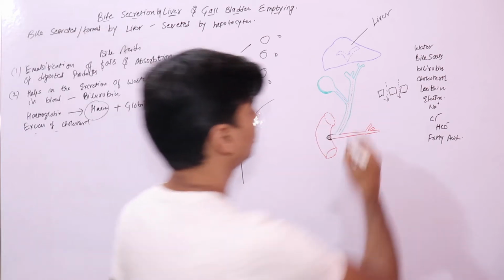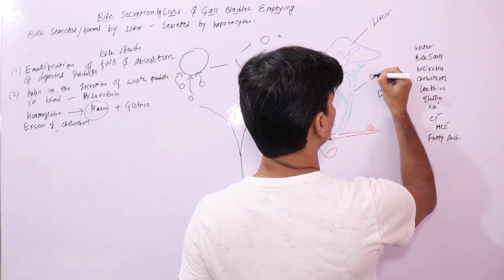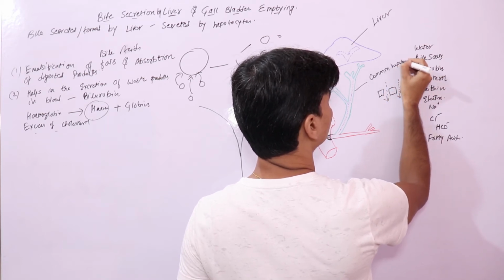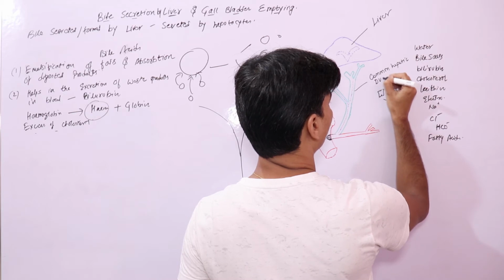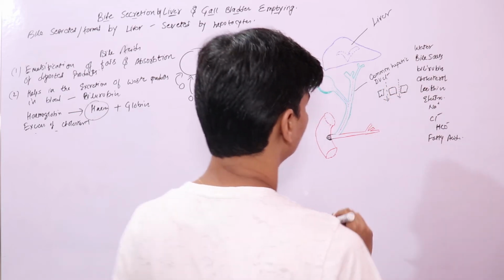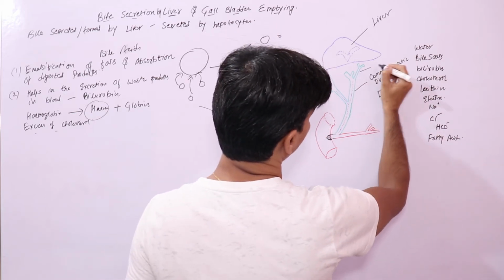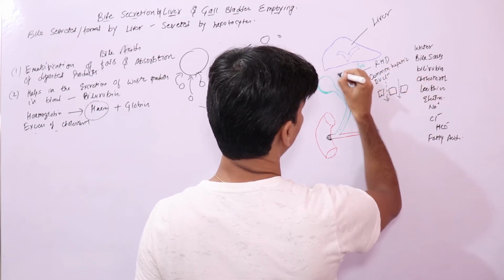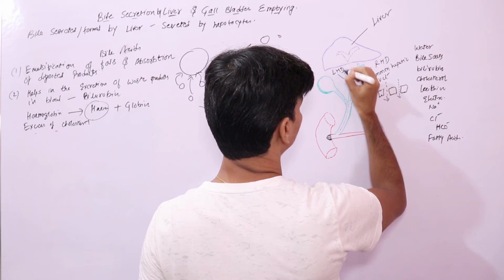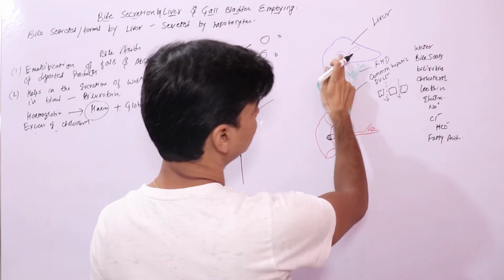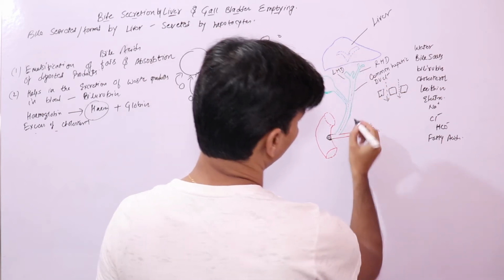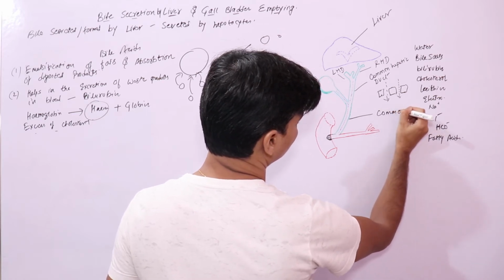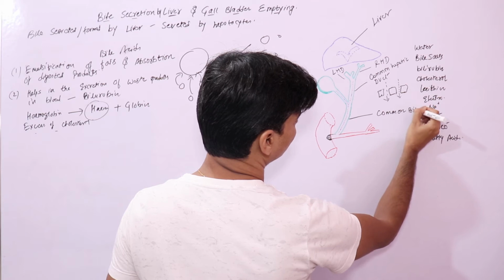This is your common hepatic duct, right? Say this is the right hepatic duct and this is your left hepatic duct, and this is your common bile duct,